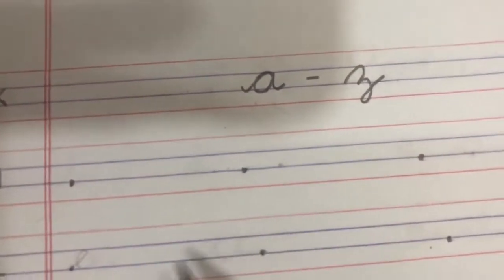In the first line we write the heading A dash Z. That is, we are starting with A and we are ending with Z. So let's start. A,